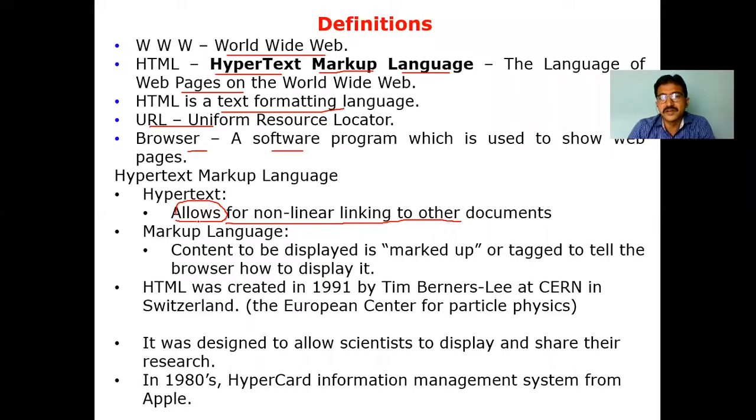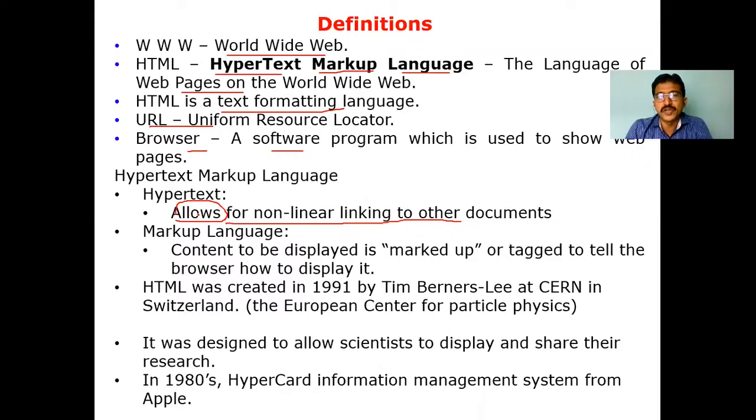When you click on this one, it will be navigating from one document to another document, or one page to another page, or we can say moving from one location to another location. That is called hyper. Now, how are you moving? If you are moving with the help of a link, it is a hyperlink. If you are moving with the help of text, it is hypertext.